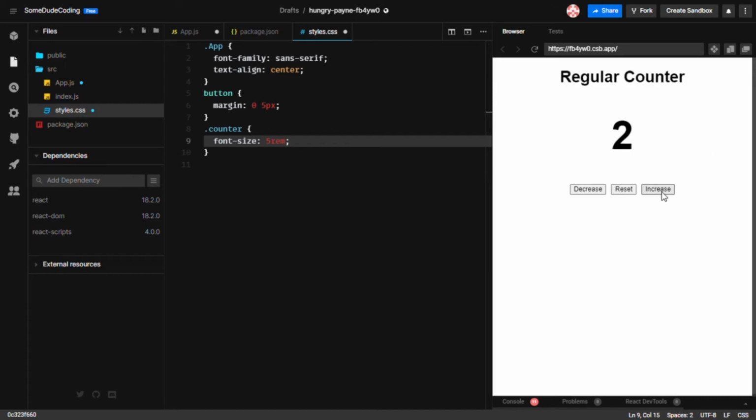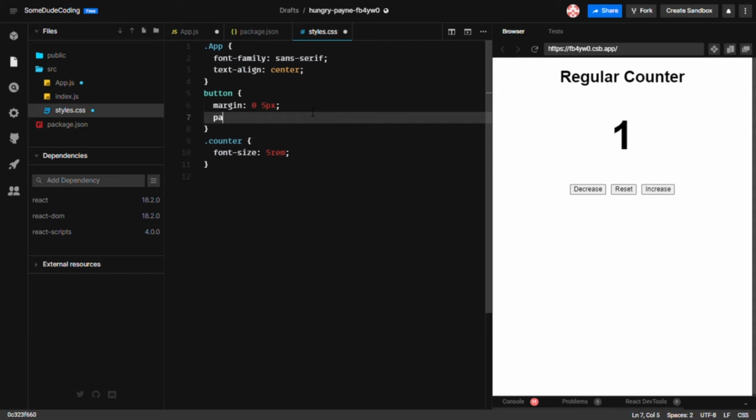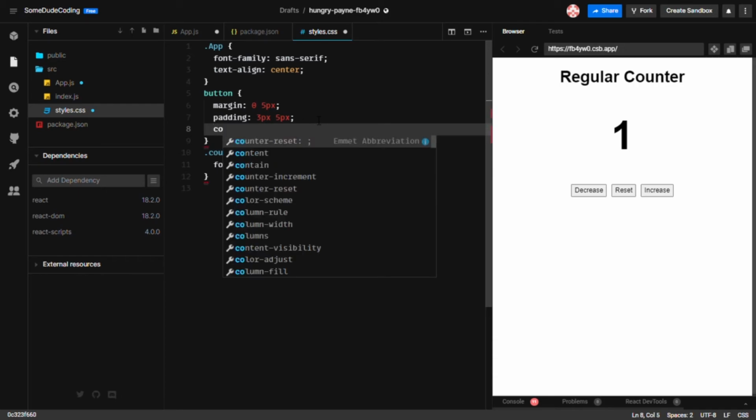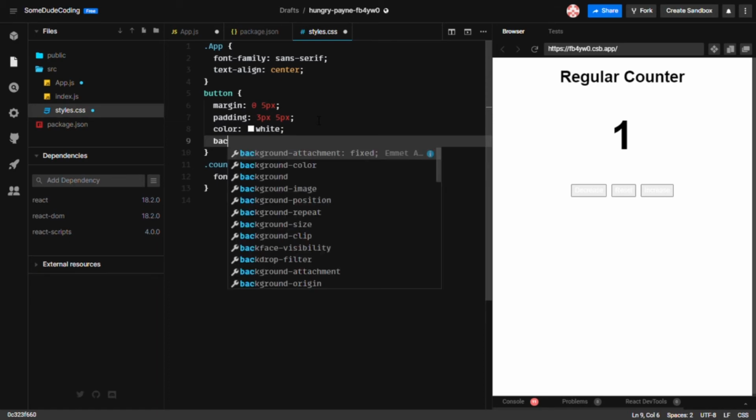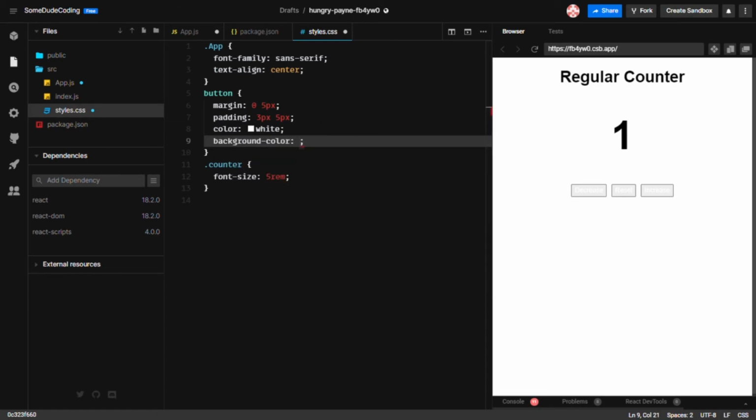So we have that heading, we have our count here, and then let's style our buttons. So I can give them a padding of 3 pixels, 5 pixels, and then I think that's still small. Okay, let's color the text inside the button to white, and then we want a background color. I'm just taking the color from another screen. So the color is